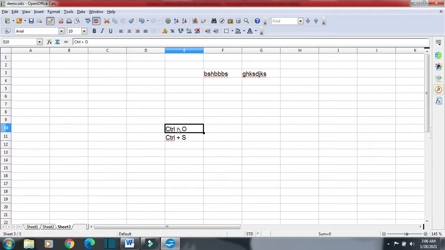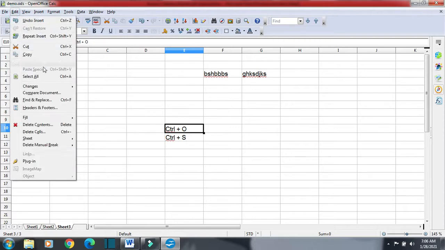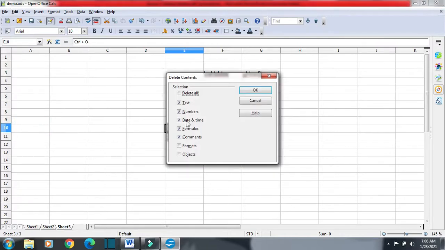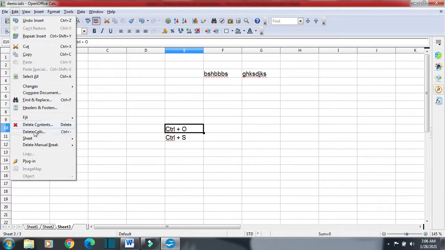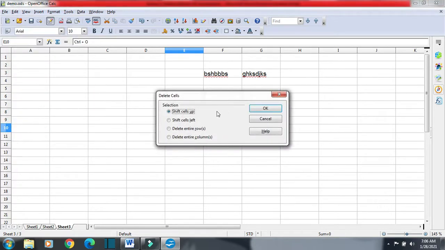Suppose I want to delete this whole row. I will click here, then click on edit, and then click on the delete option. Here we have delete cells.